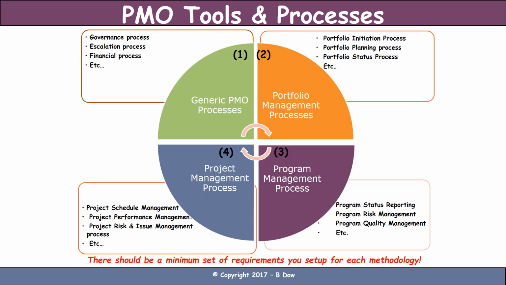When you think about process now, you're going to think about 4 separate sets of processes. You're going to have generic PMO processes like governance and escalations and financial processes. And then you look at portfolio, program, and project, right? What P's did you select? They're going to, of course, have processes associated to them. Portfolio management processes and program management like program status reporting and program risk management and project management process, risk and issue, performance, schedule, right? All of these processes based on the 4 P's you selected need to be set up